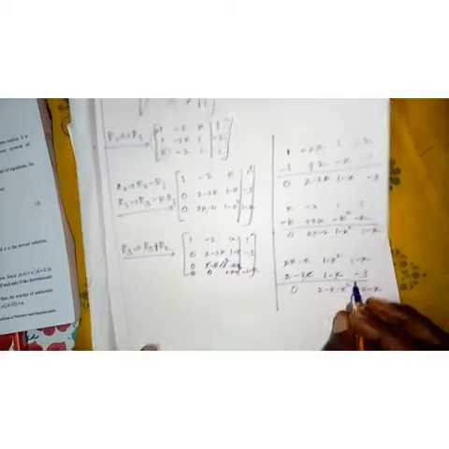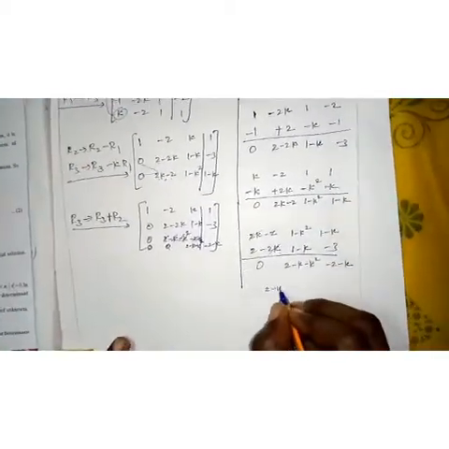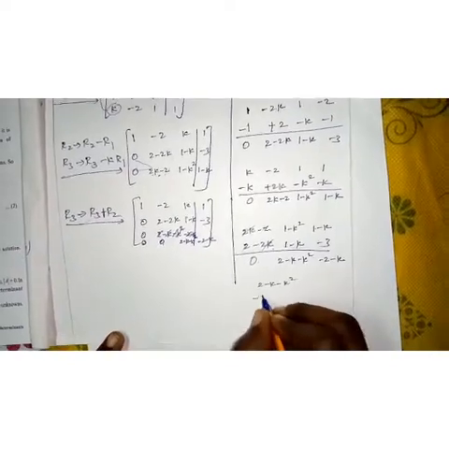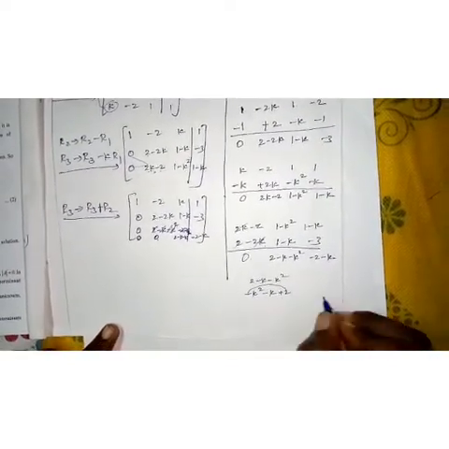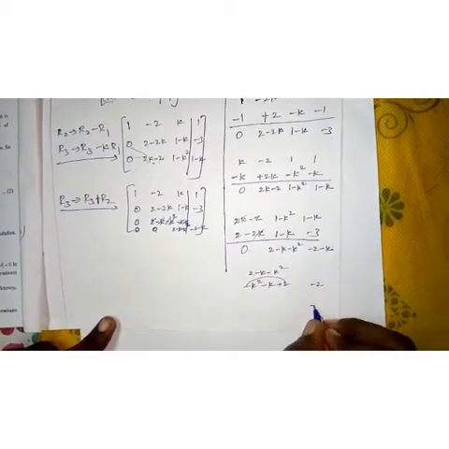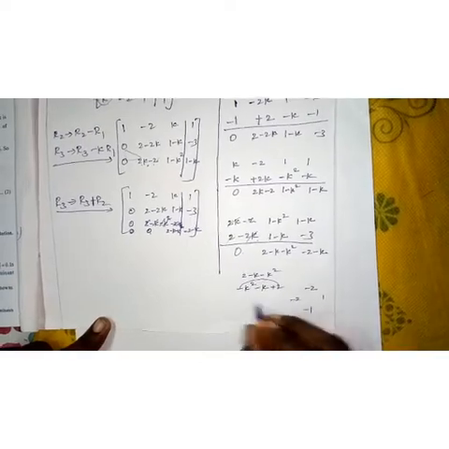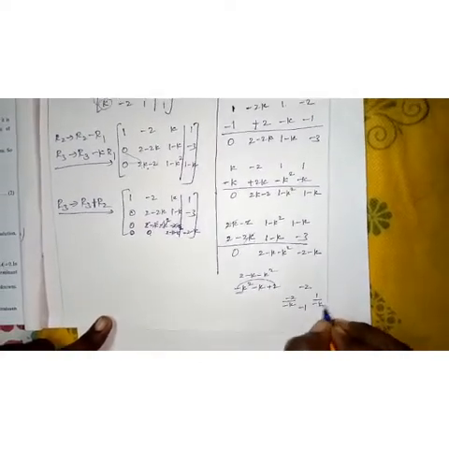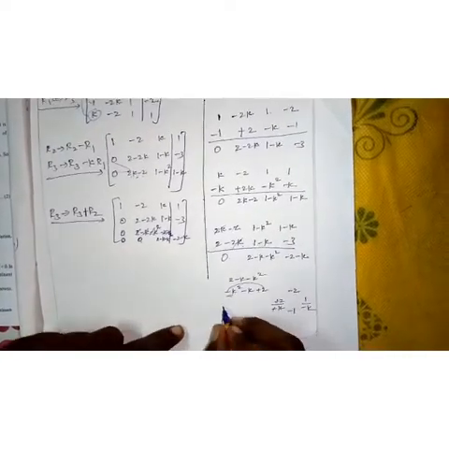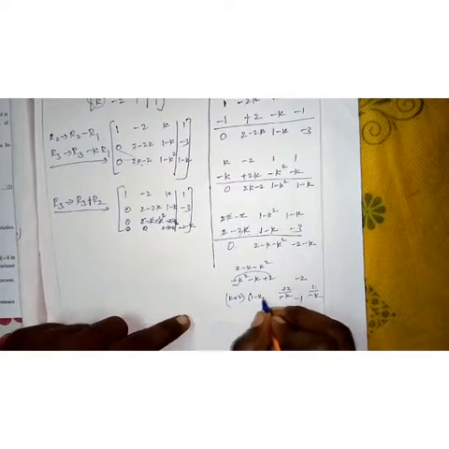Is it clear? Then factorize. 2 minus k square, that is minus k square minus k plus 2. Now multiply by this 2 minus 2 minus 1. Shall I divide by minus k? So minus k, minus cancel. How to write this? K plus 2. Write down here: 1 minus k.